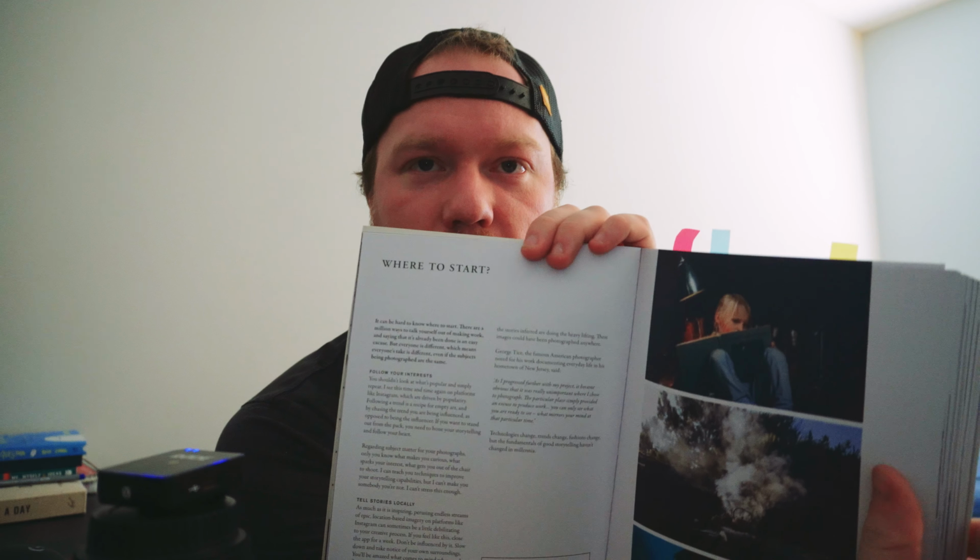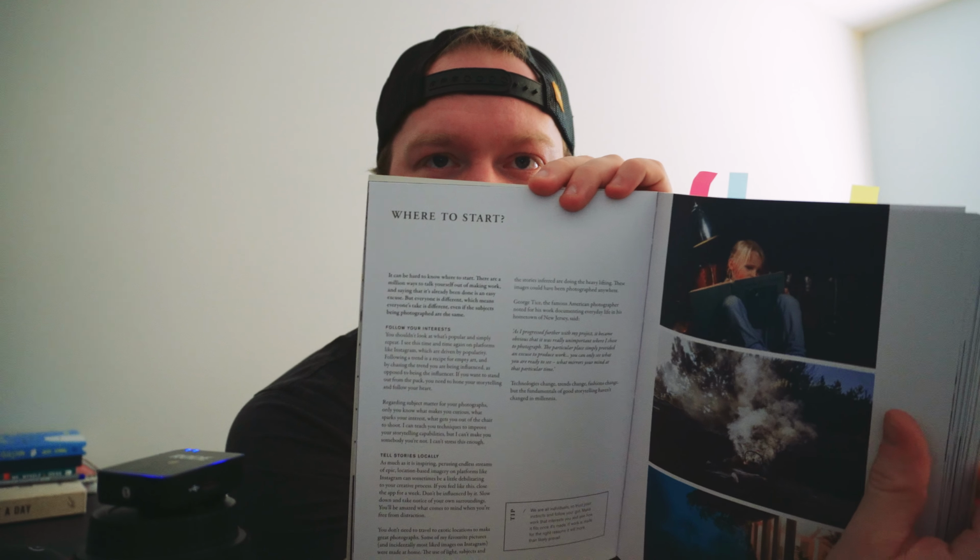Yeah, it has just some tips, tricks, processes, it has like everything. Especially, I think the thing that really helps me is at the very start. It just says where to start, and I think this is a question that a lot of people have, and a lot of people feel daunted by, like, oh, I need all this latest gear, I need all these things, and he just